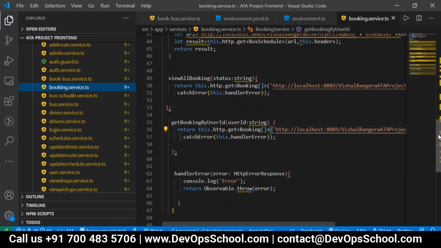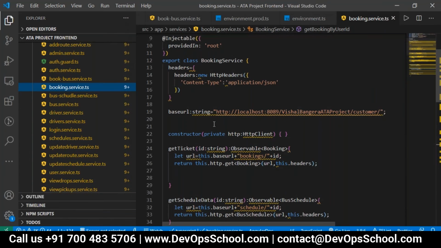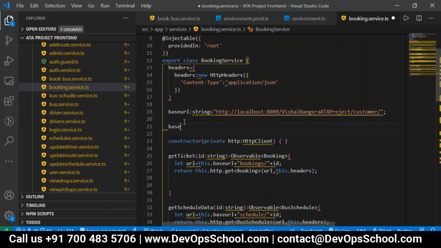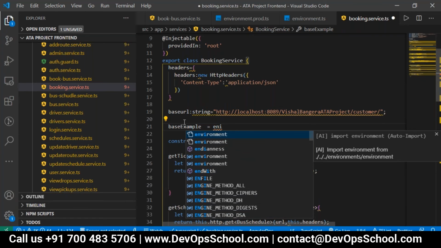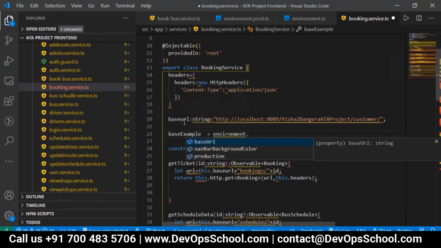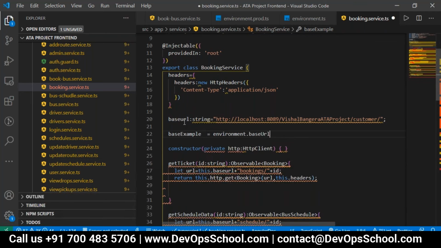So here, instead of taking all the paths here, what we can do is, base URL is a string, right? Let me just take a base example here. I've just created one so that I have to get this from the environment, so I will use environment dot the base URL.